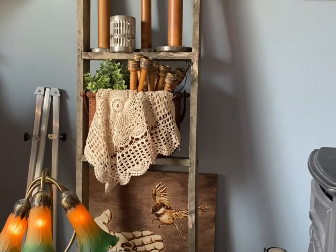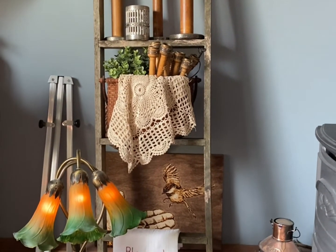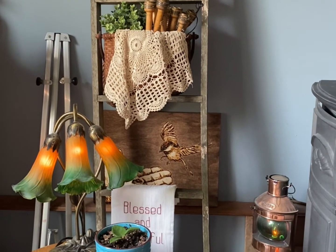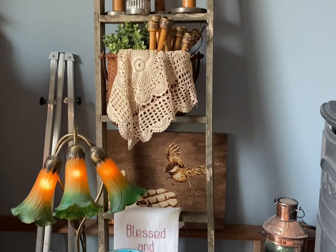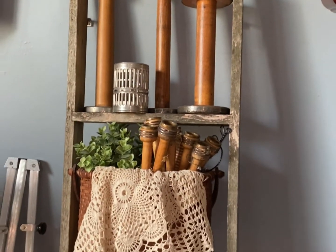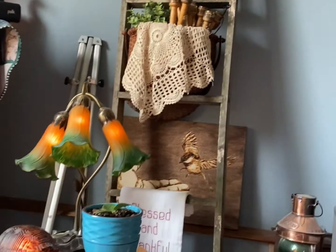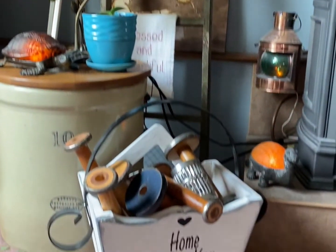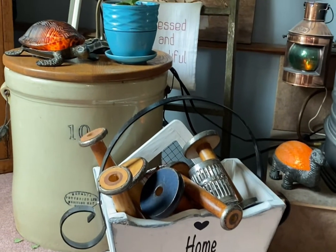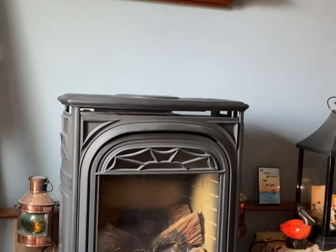A ladder that two of my sons had as a ladder to their bunk bed. I just didn't want to throw it out, so I brought it here, and I've displayed my spools that I have. And then I have another little box that I painted and just added all my spools into that. Our gas fireplace,